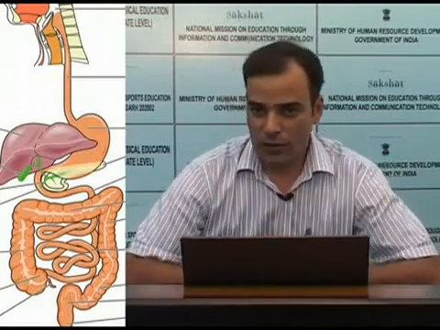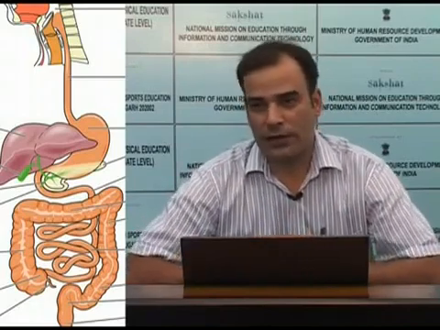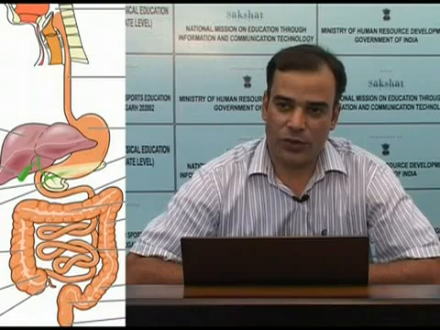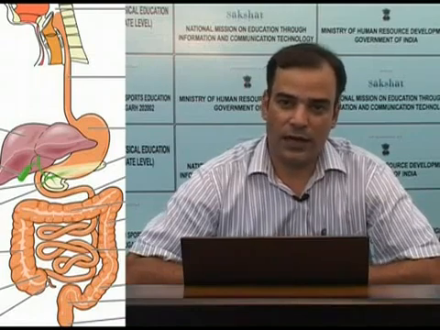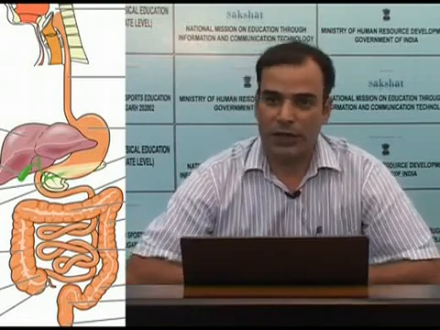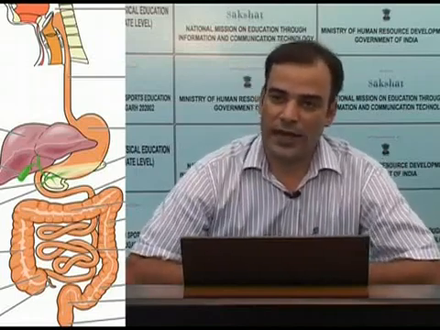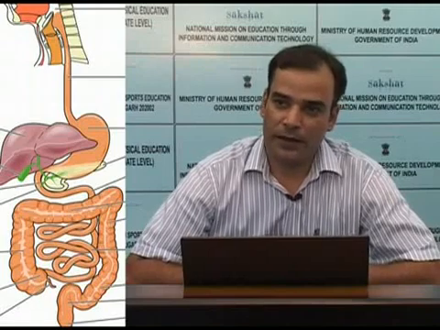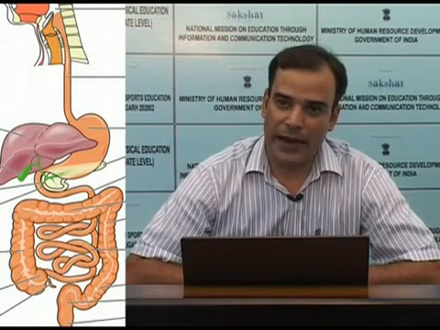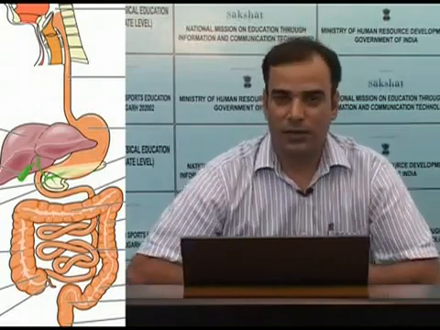Besides these 4 basic layers of the gastrointestinal tract, there is also a layer of sparse muscles called the muscularis mucosa. This muscularis mucosa lies between the submucosa and mucosa. Apart from this, 2 very important nervous plexuses, that is, networks of neurons, also lie between these layers. Between the muscle layers is a nervous plexus called the myenteric plexus, and within the submucosa is another nervous plexus